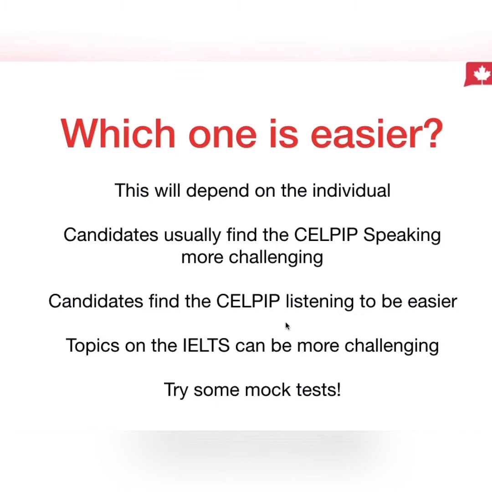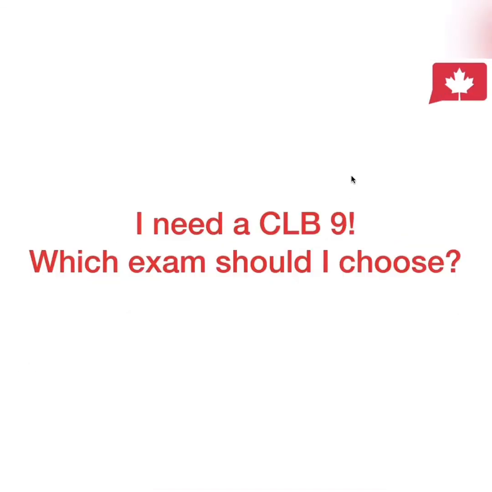Candidates find the CELPIP listening a little bit easier than the IELTS, yes, and the topics on the IELTS can definitely be a little bit more challenging. The CELPIP topics are a little bit more about everyday life, especially about life in Canada, so the topics could be a little bit easier for you. Now, having said all of that, a lot of students ask us if they should do the IELTS or the